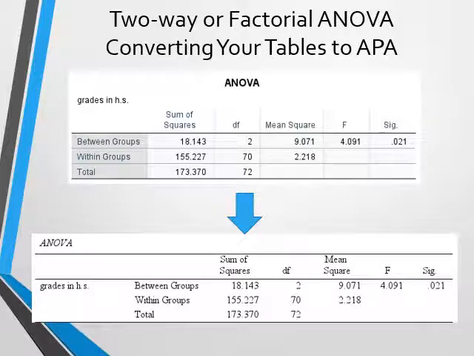One benefit in using a two-way or factorial ANOVA is that you can use tables, which is not encouraged in a one-way ANOVA analysis. However, in SPSS, tables are not automatically formatted to APA format. Therefore, we have to manually reformat them to APA format before we can include them in our Word document. To do that,